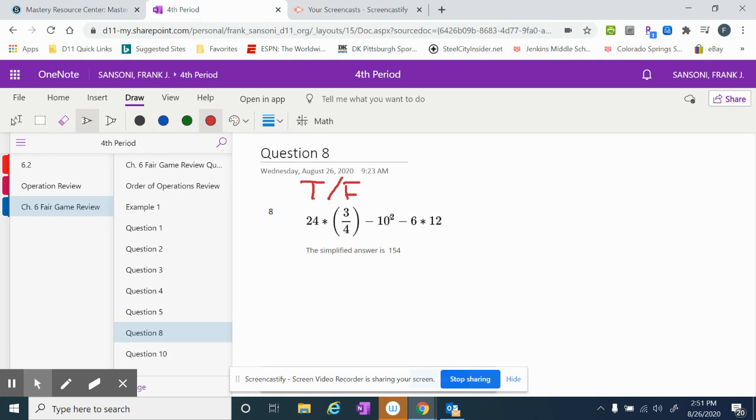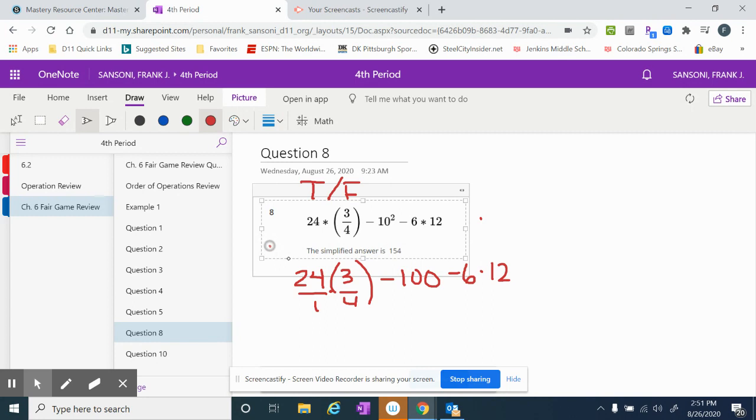So the first thing I'm going to do is the 10 squared. So I'm going to rewrite 24 times 3/4 minus 10 squared. Well, 10 squared is 100, minus 6 times 12. And the reason, like I said, I'm going to leave this as a fraction is that I'm just going to make 24 over 1. And so then it's very easy for me to